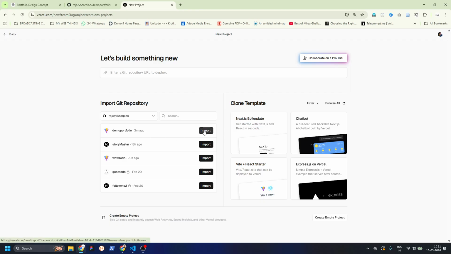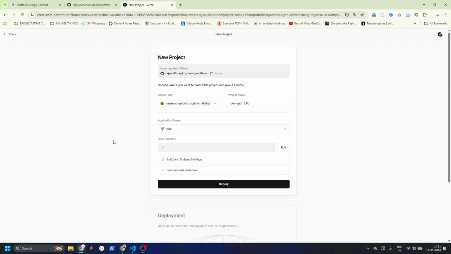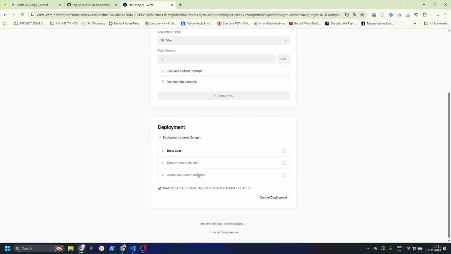I'll simply click on import, and here it says demo portfolio. I'll let it be. You can change it to your name, and I'm gonna say deploy. In our case, there is no environment variable, but in case if you want some AI features in your portfolio,